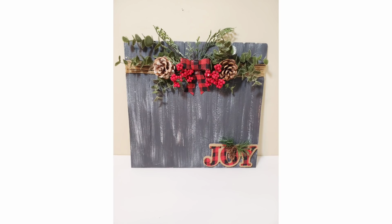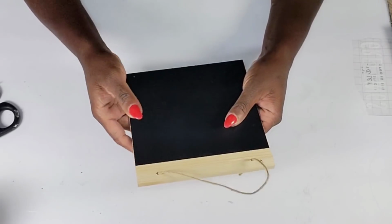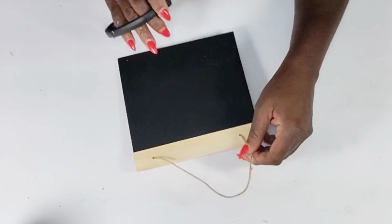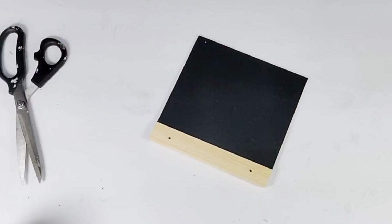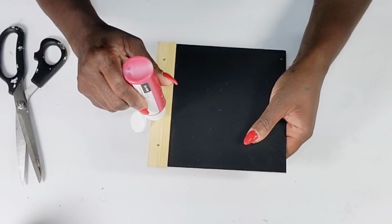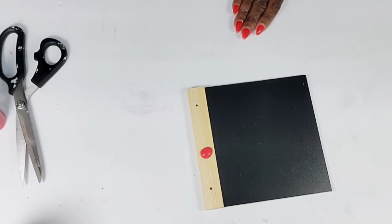For my next Dollar Tree DIY, I'm just going to decorate this little chalkboard hanging sign that they now sell. What I'm going to do is remove this jute cord. I am going to add it back, but what I want to do is go in with some of my red acrylic paint, and I'm going to use a paper towel and just wipe over this top part, a little